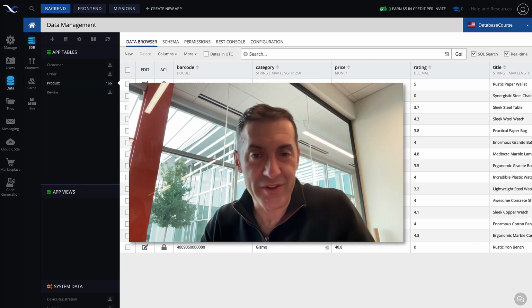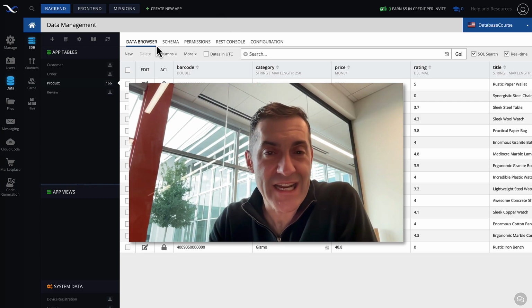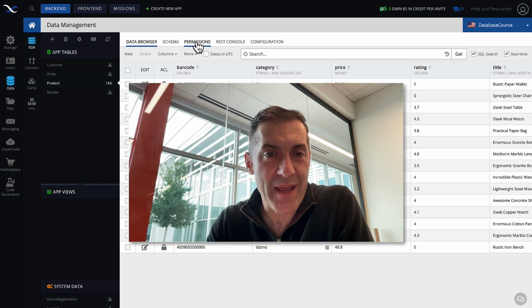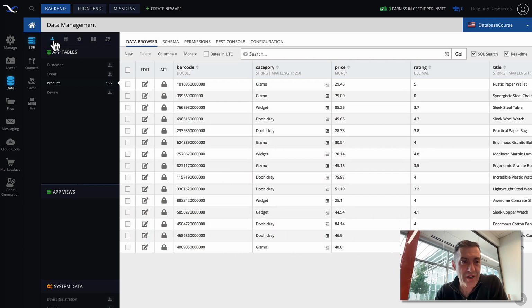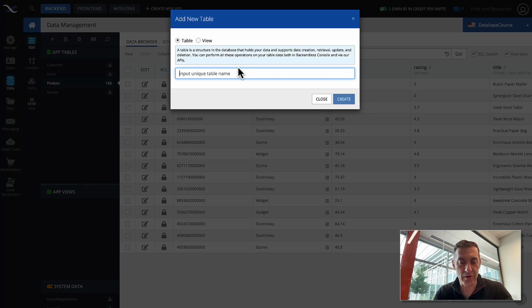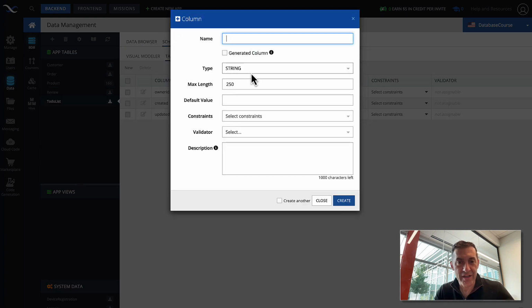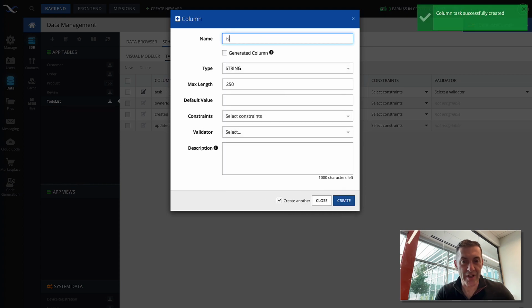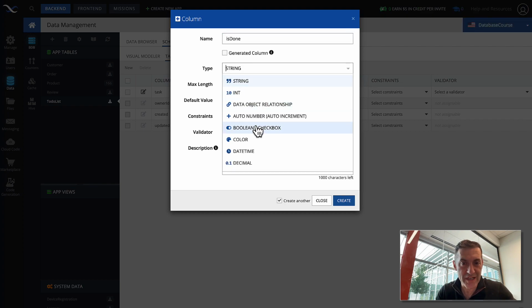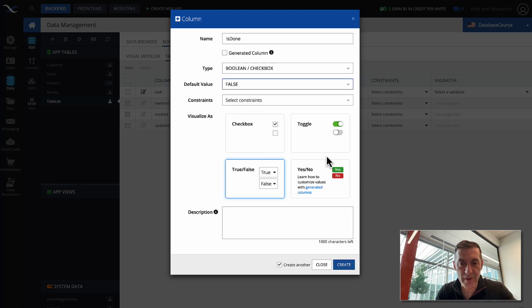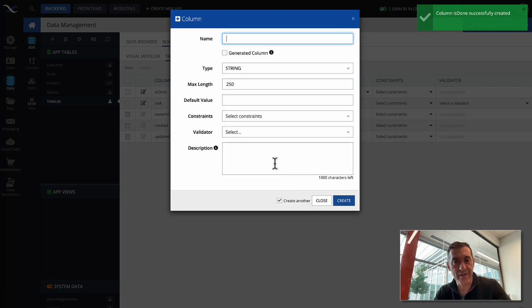So since we talked about the to-do app, let's actually create a table, and I will demonstrate how that API works with that table. Here, let's create a table that is called to-do list and define the schema for the table. It's going to have a task property, and then we will also have a property called is done. It's going to be a Boolean property, and the default is false.